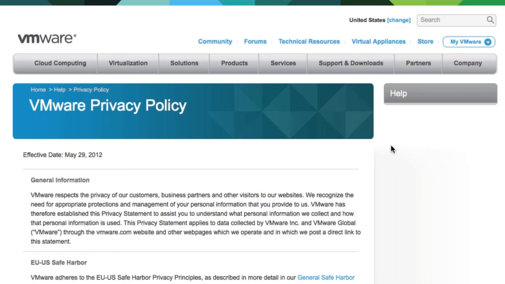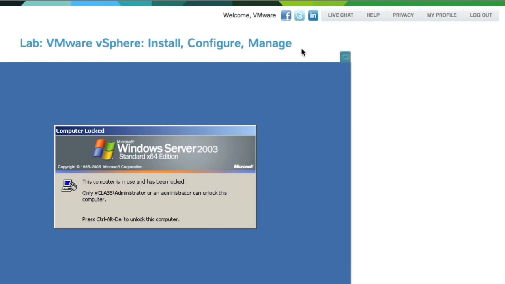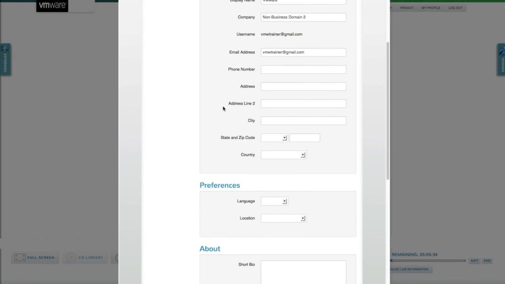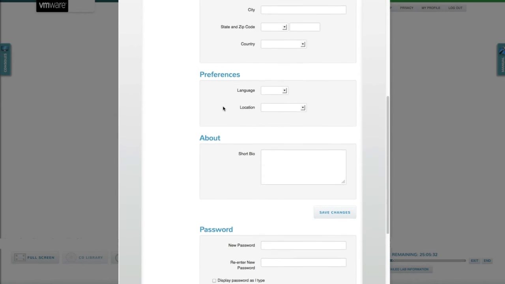We have our privacy laws. We are required to put in the privacy information. VMware does not use any of the user's profile information for marketing purposes. Speaking of the profile, when we click on that, you can see that the individual user can input various pieces